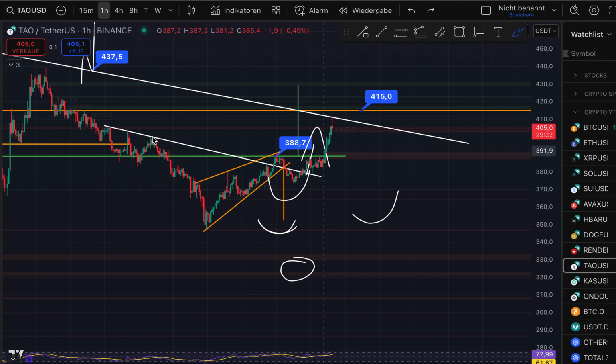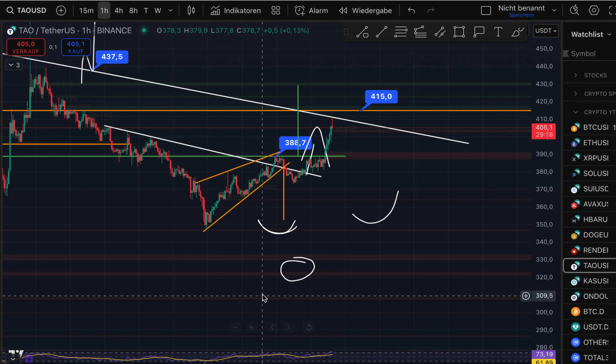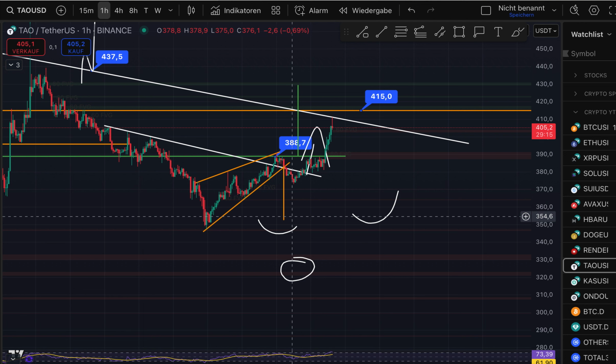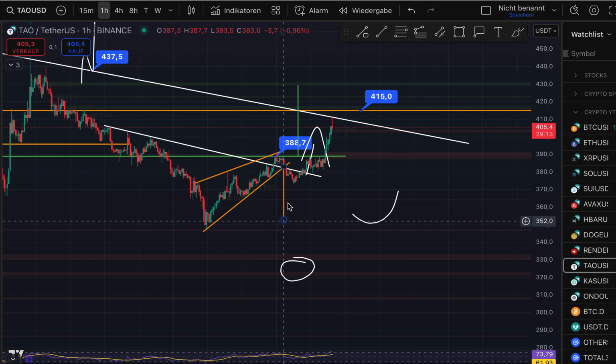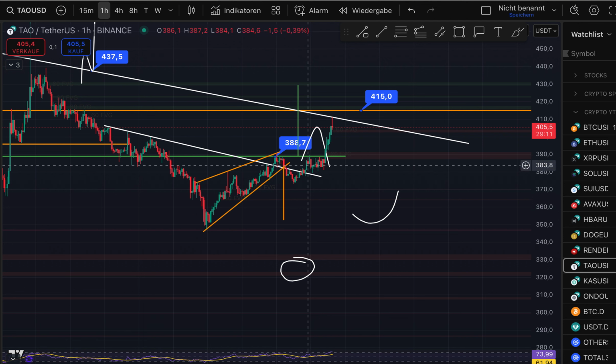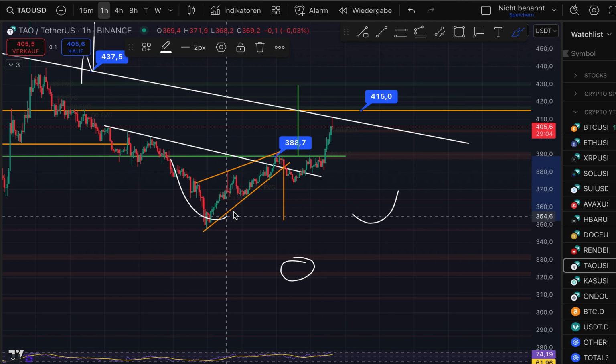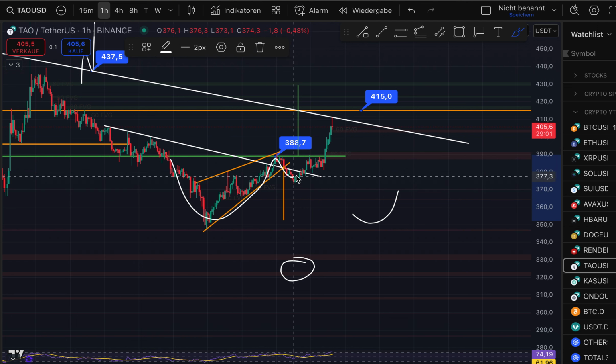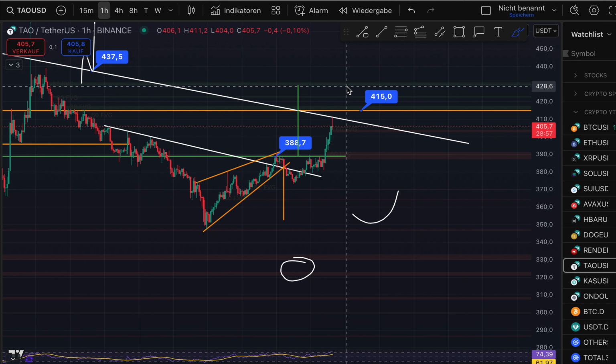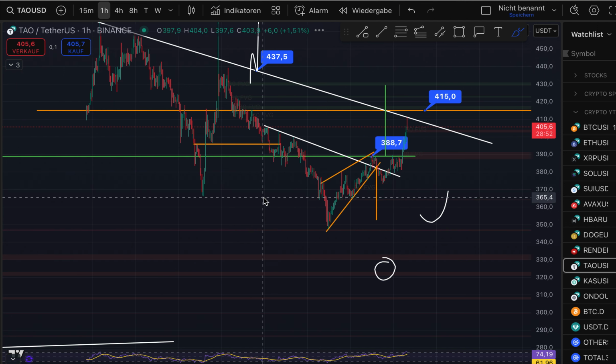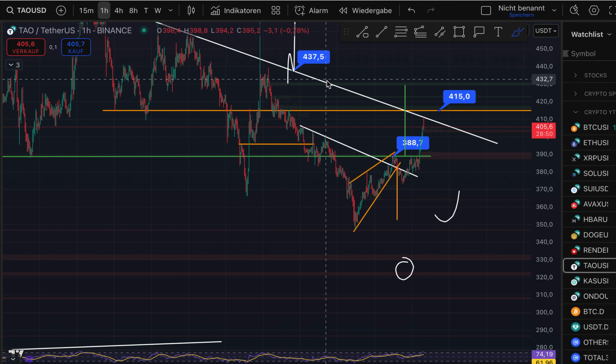So basically what we have done is we didn't get a double bottom pattern, we didn't get an inverted head and shoulders pattern, but what we got is a cup and handle formation. The cup and handle formation is this here, cup and handle, broke to the upside. Target 428 US dollar. So we are currently at resistance, and this resistance trend line, this white one, we had